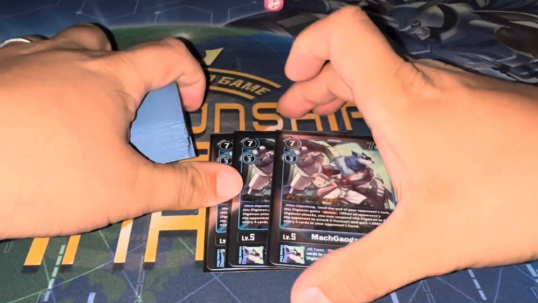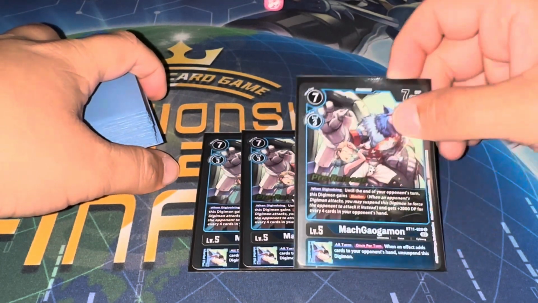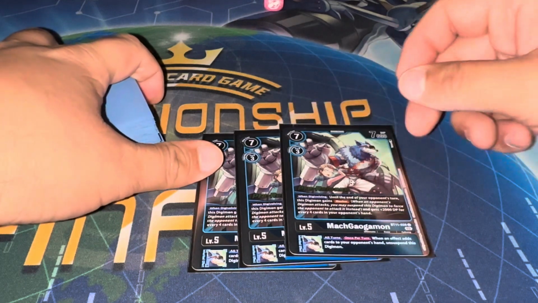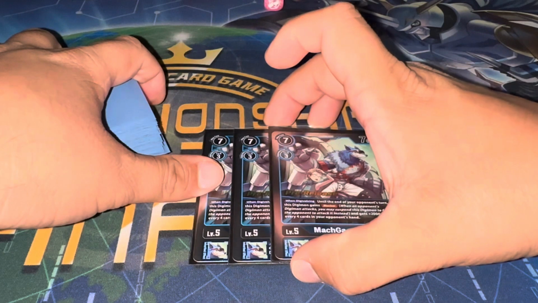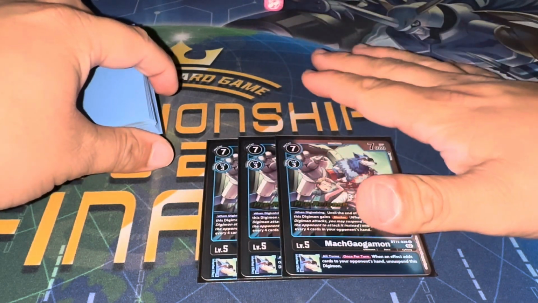Next, I am running 3 of this level 5 Mach Galgo, the BT11 Mach Galgo. So this is one that I was running at 2. I bumped to 3. 1, it gives you blocker. 2, it can get big. So sometimes it catches your opponent off guard when they see a level 4 in raising and they feel comfortable and they think, hey, I can just